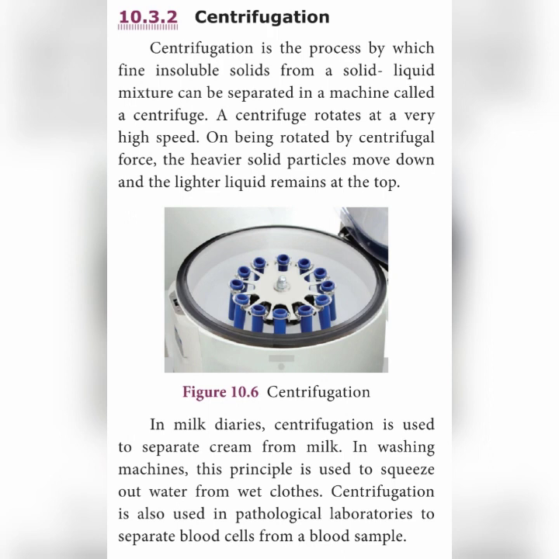For example, in a blood sample, we know the blood cells are WBC, RBC and platelets. But these WBC and RBC are chemical substances in solid form, mixed with the water, so it forms a blood sample. Now how can we separate those insoluble solid particles from a liquid? Here we have to use centrifugation.